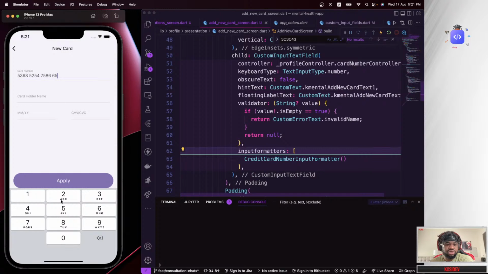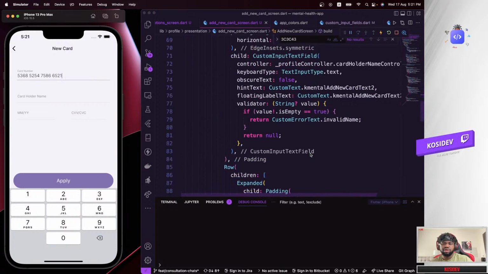Okay, that is actually working. Yeah, it's working. So the number is formatting the credit card for us, and that's actually the functionality we need. So we could go ahead and add the other ones. So the next will be